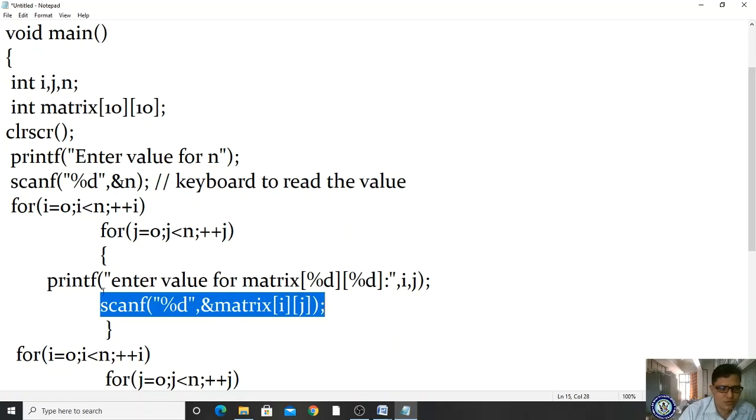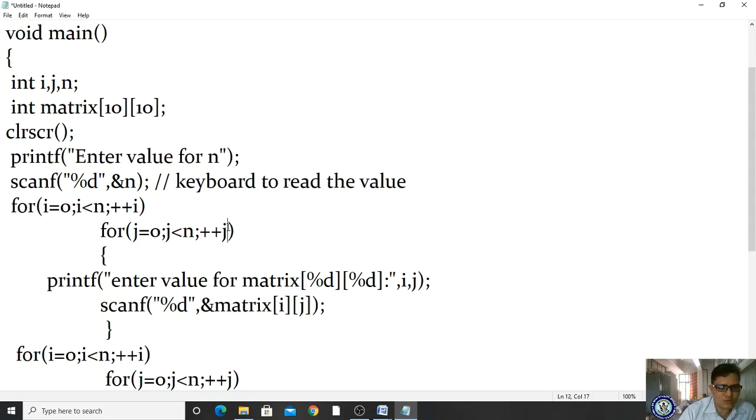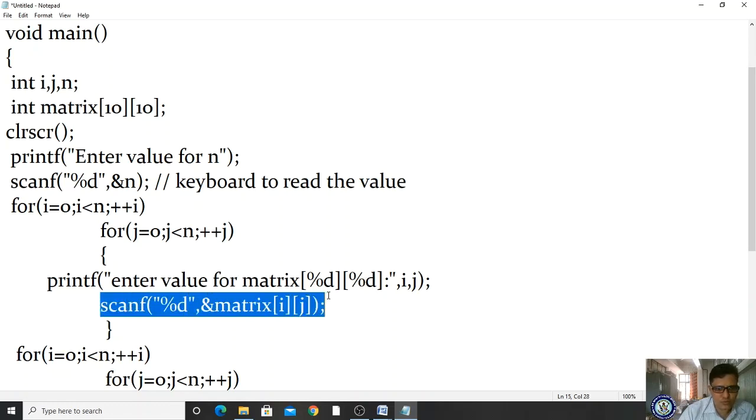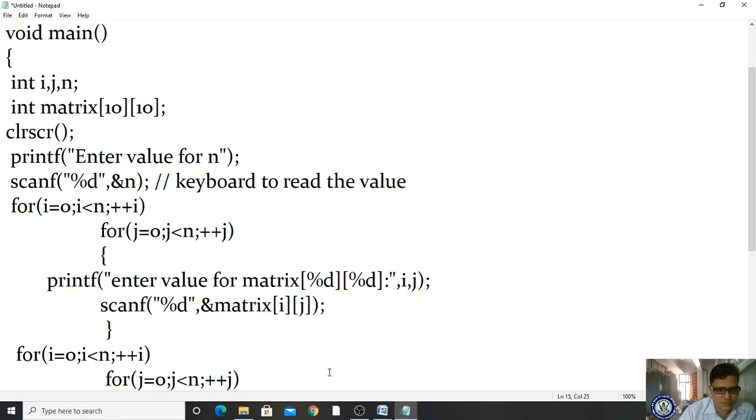Got it? So after execution of this, where will the control go? Control will go here. j incrementation, j becomes 1, j less than 3, condition true. You are reading the value of 0 1, storing one value at the 0 1 location. So this is the scanf to read the value from the keyboard and store it in the 0 1 location, right?